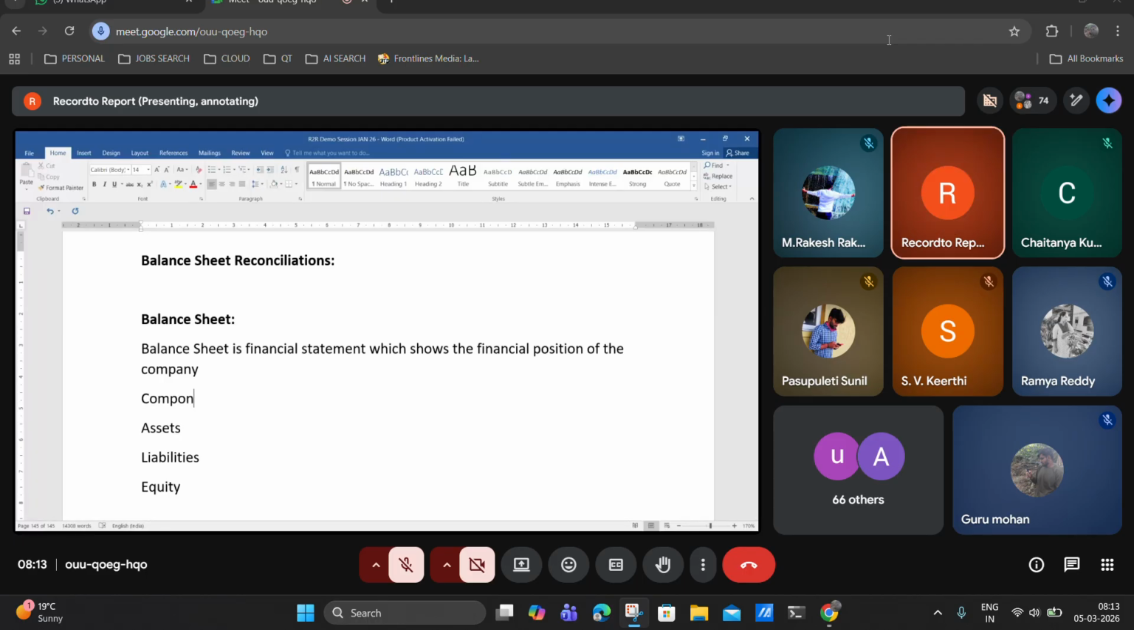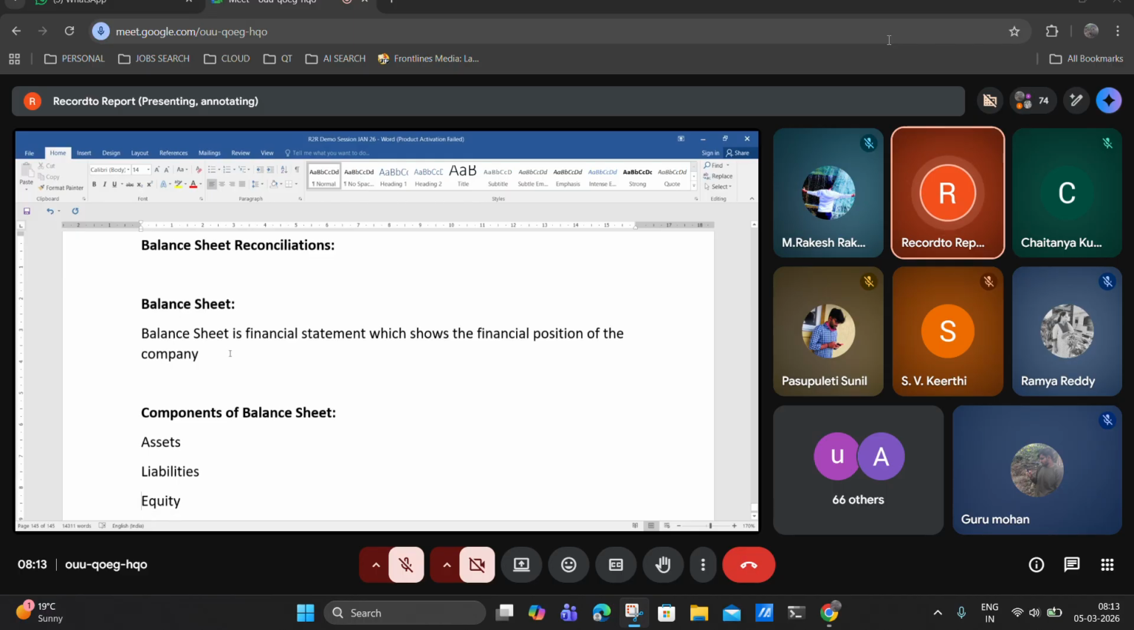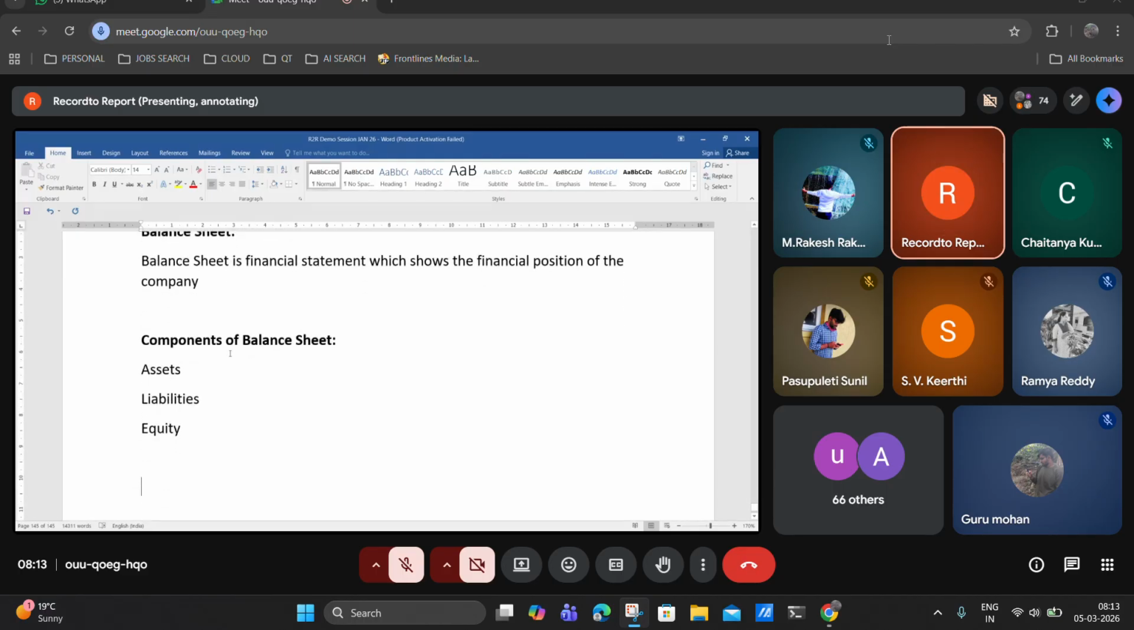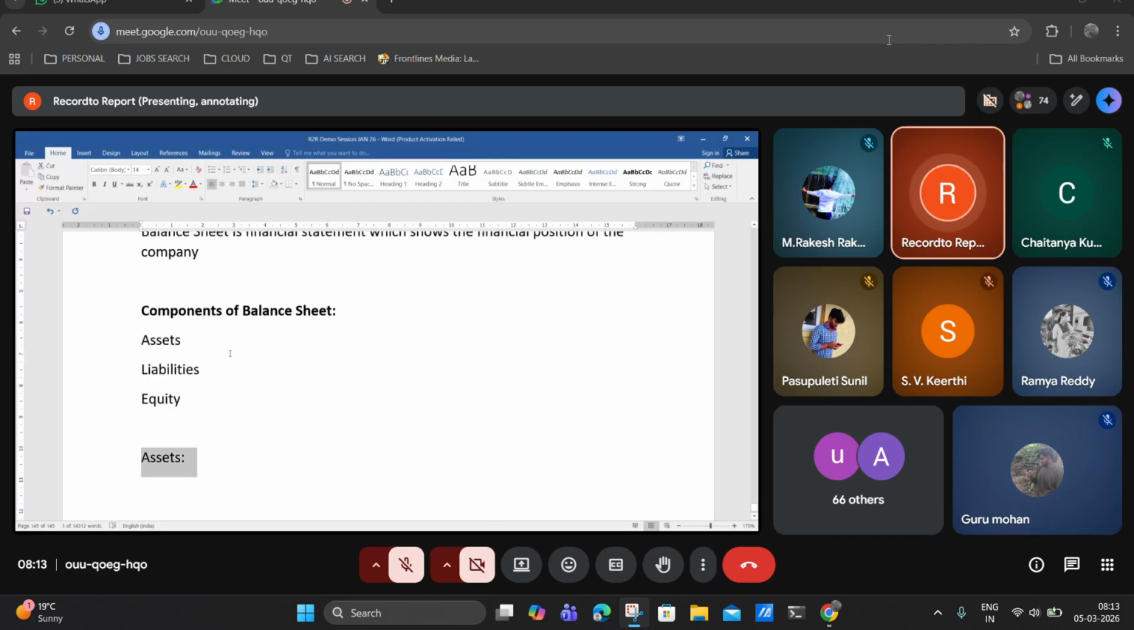Components of a balance sheet. What are the major components of a balance sheet? Okay. So assets, liabilities, and equity. Assets are divided into two types. One is